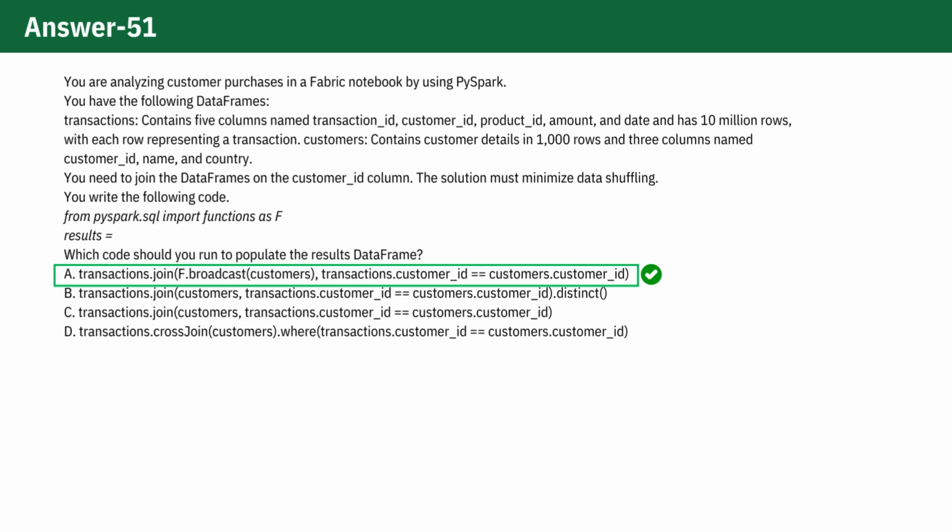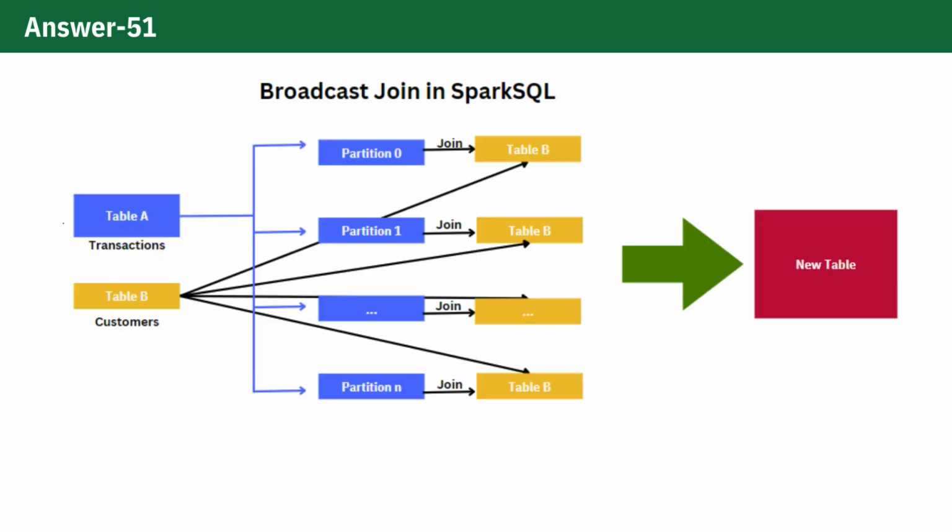Why answer A is correct? If you see it uses the broadcast join function, which is a technique used in Spark to minimize data shuffling. In a broadcast join, the smaller data frame, customers in this case, with only 1,000 rows, is broadcasted to each node in the cluster. This means that Spark sends a copy of the smaller data frame to each executor node in the cluster. The larger data frame, transactions, with 10 million rows, does not need to be shuffled across the